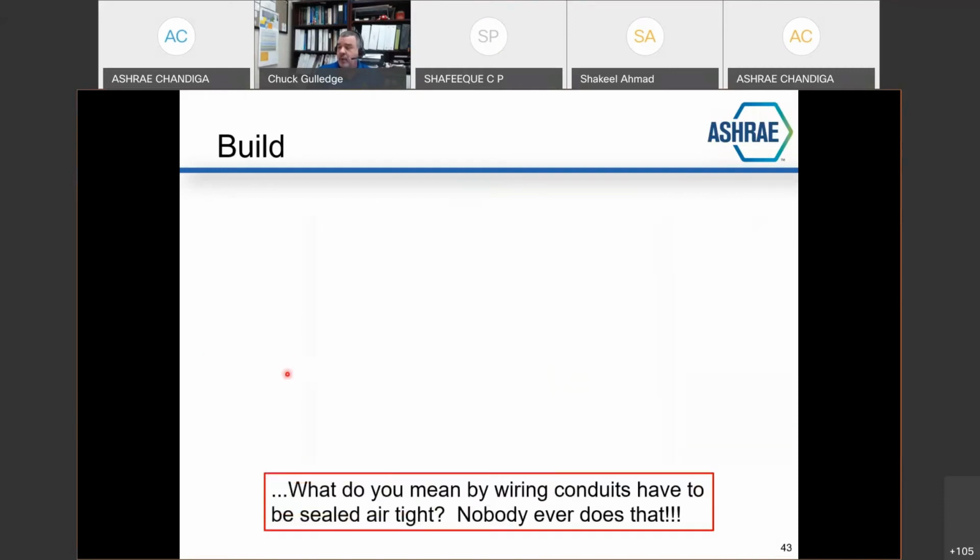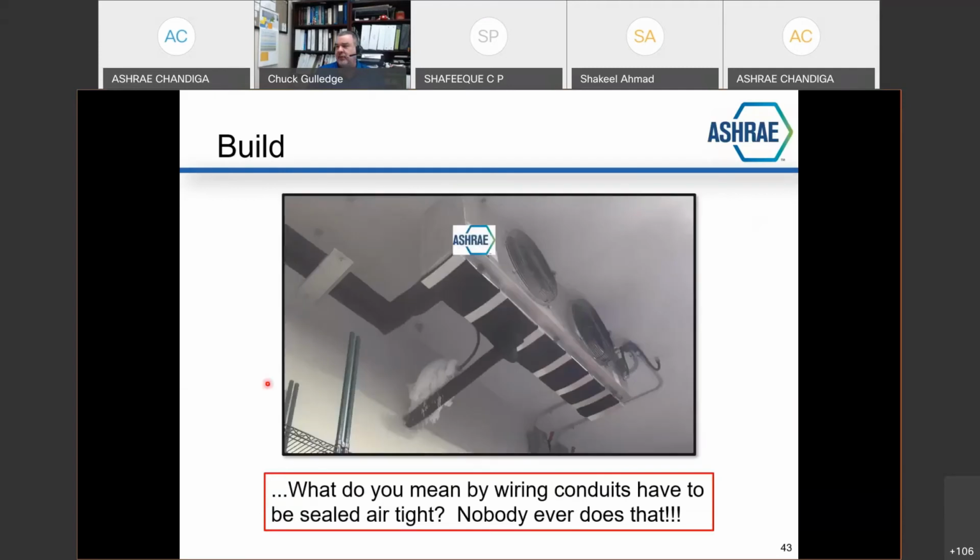What do you mean by wiring conduits have to be sealed airtight? Nobody does that. Okay, that's fair. But when you're doing freezers and you don't seal the conduits or any opening that comes inside the freezer, look what happens. I had an argument with the electrical side of the company I used to work for about this discussion of vapor pressure